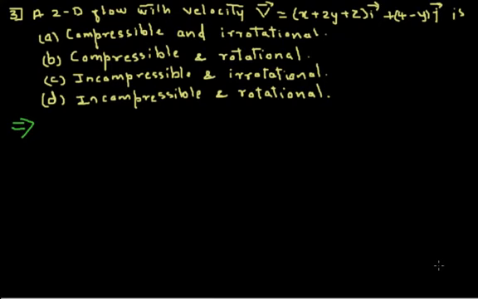Flow with velocity vector v is equal to xy plus 2y plus z into i plus 4 minus y into j is